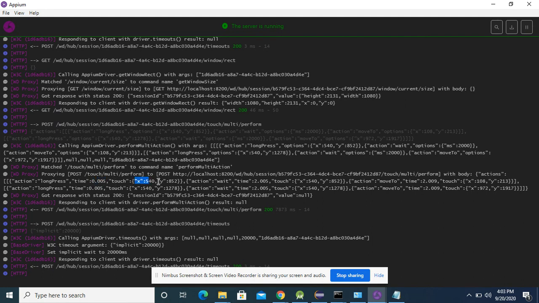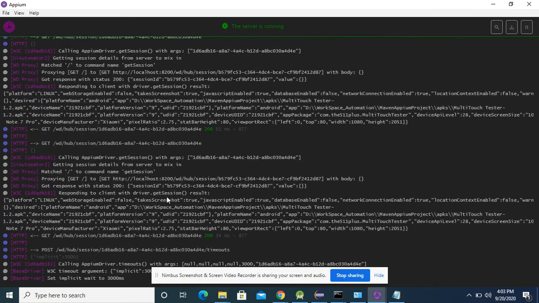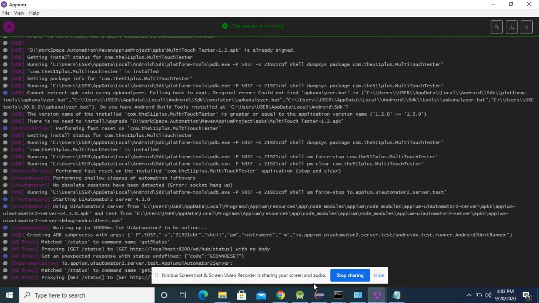Then it got to this initial coordinate, and after that moved to this coordinate. Again for the second touch, this is my initial coordinate and it moved to this coordinate. So it got performed successfully. We have a successful response. We are done with our scenario.